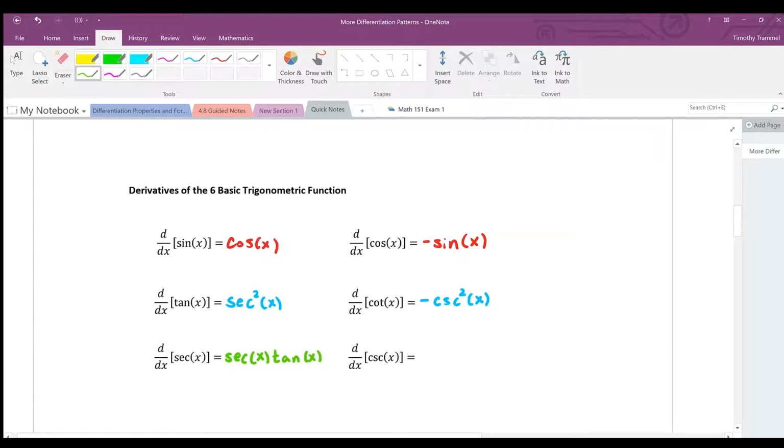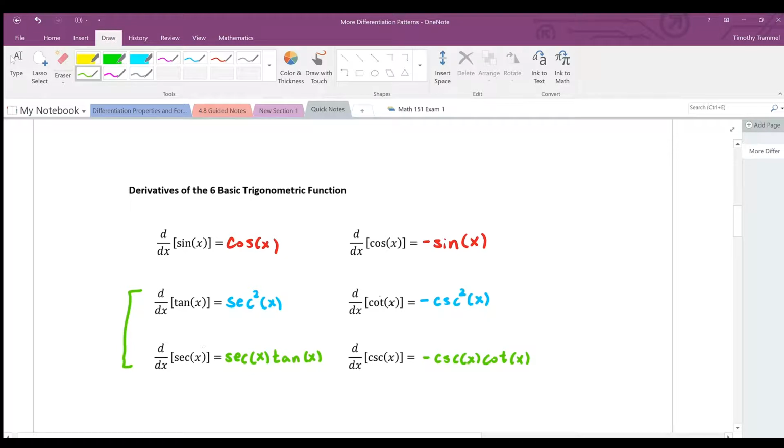And the derivative with respect to x of cosecant of x is minus cosecant of x cotangent of x. All right, now these top two you probably will not forget here. You're going to use them enough to where you probably won't have to spend much time trying to memorize those two. But the remaining four, if you notice one thing, it is that the derivatives for tangent and secant